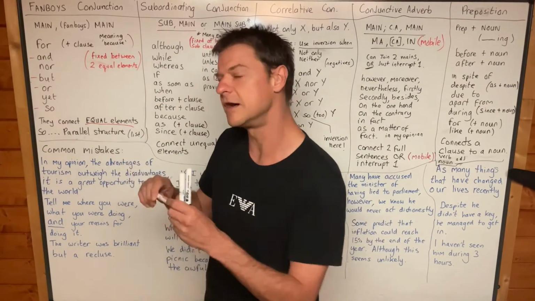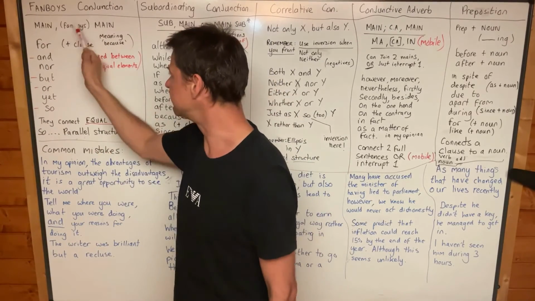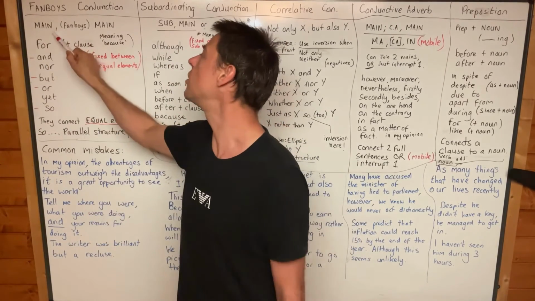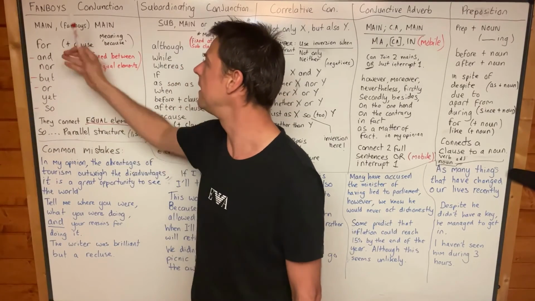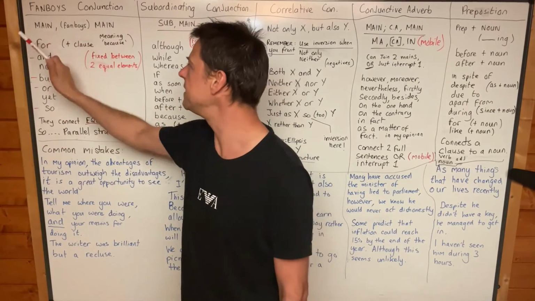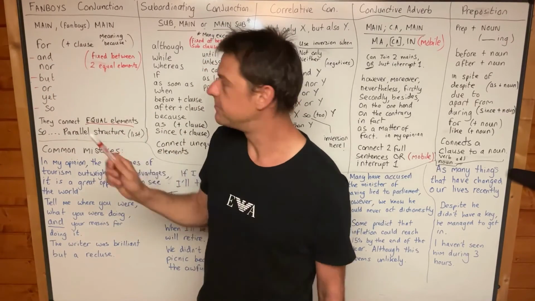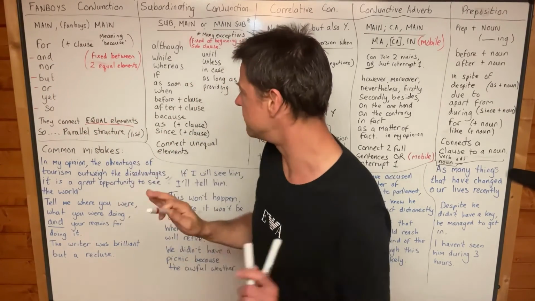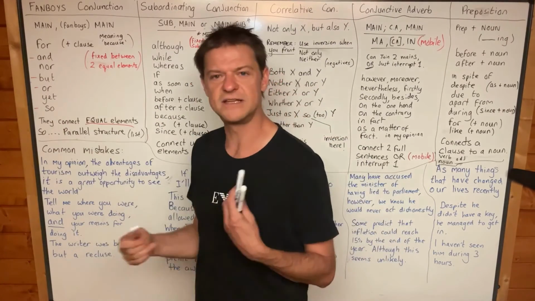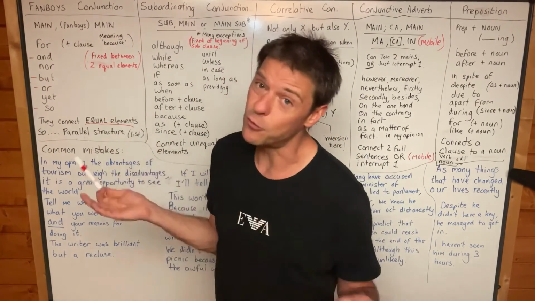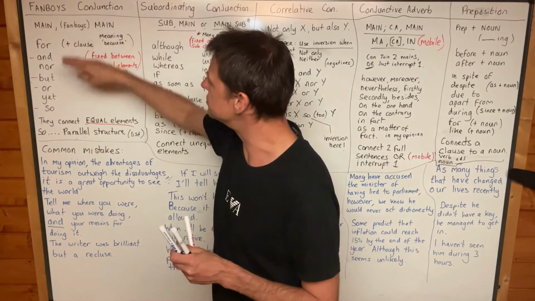But for the moment, I want you to know that when you join 2 main clauses with a fanboys conjunction, when you do this, you need a comma before the fanboys conjunction, okay? You need main clause, comma, and main clause, or main clause, comma, but main clause, okay? That's very important. That's one comma rule that you can memorize, and I want you to use it in your writing, of course, because you can't really use commas in your speaking, but you can pause for the commas, of course. So these fanboys conjunctions, they're very